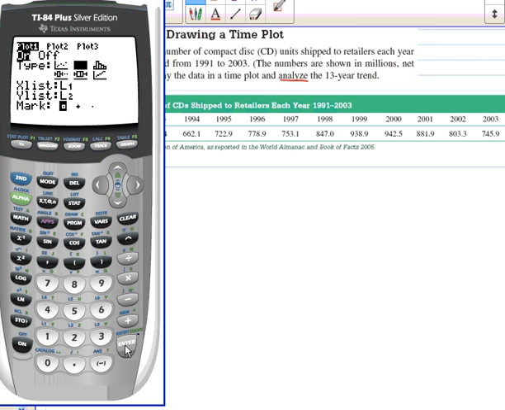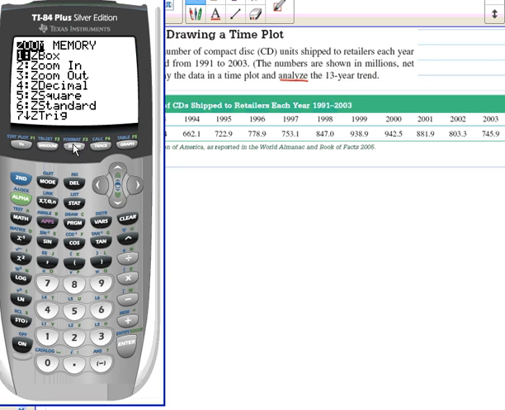Our second one over. So we have 2 variables. My X's are my years, which I put in list 1. And my Y list are my CD sold, list 2. My marker, sure, marker a little square, that works just fine. Now I'm going to hit a zoom to stat on this one. Zoom, and we'll go stats. And we may have to adjust it, but it should give us at least a good starting point for our